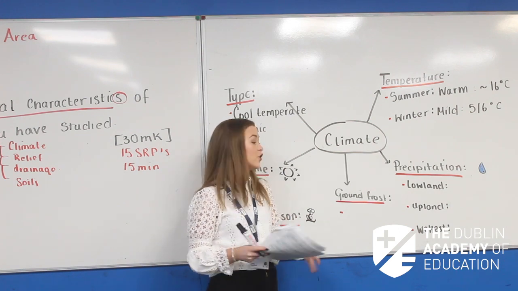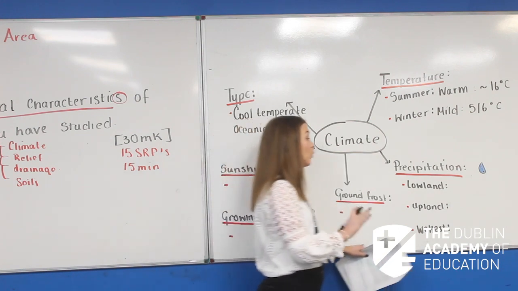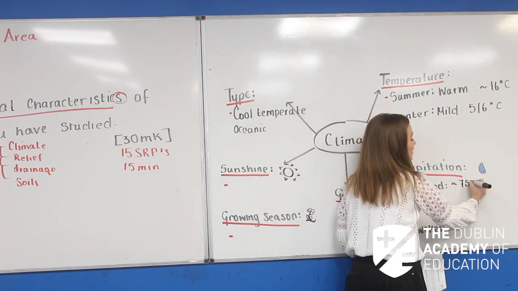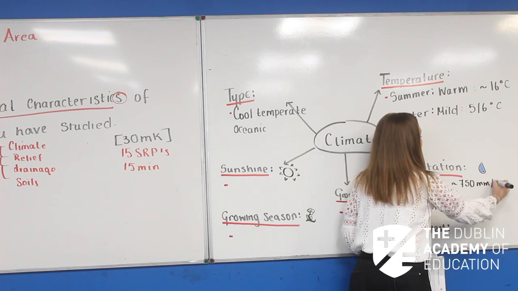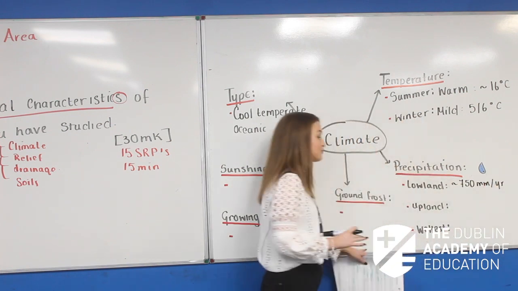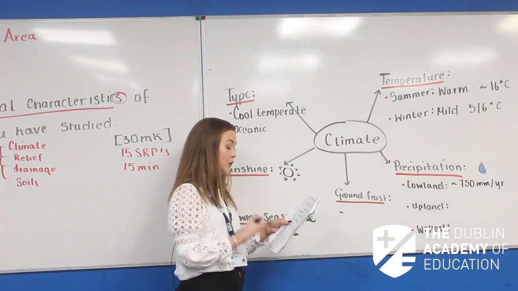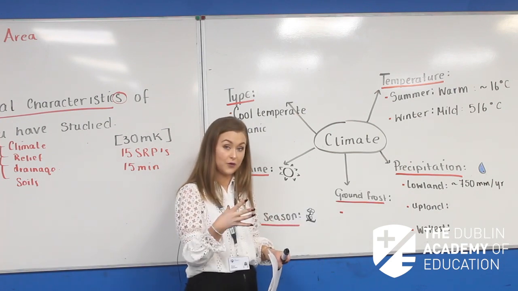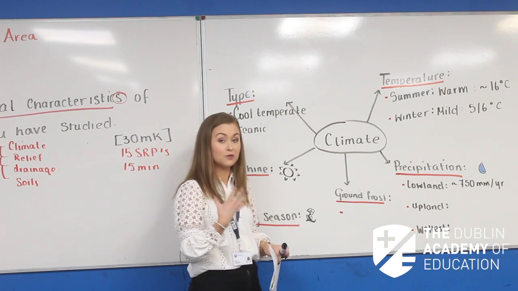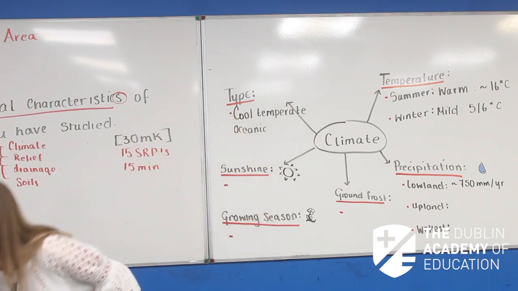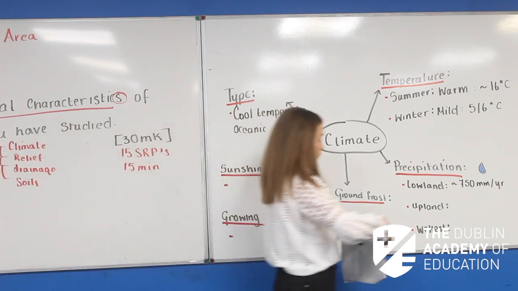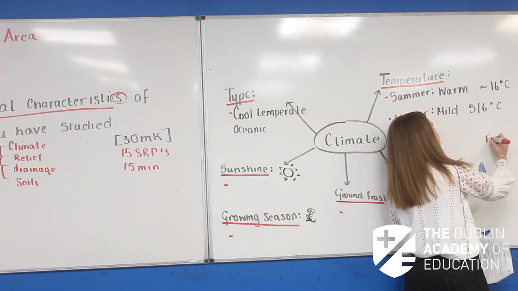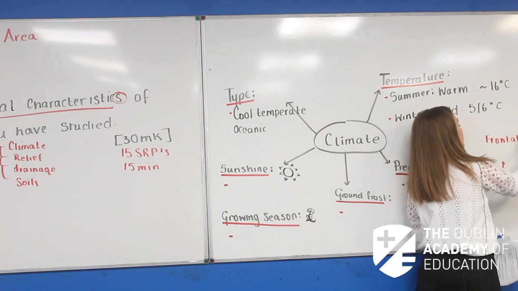So as you'll see in your notes, the average precipitation in the lowlands is approximately 750 millimeters per year, or annually. Now, what we do know is that it is mainly in the form of frontal rainfall. Okay, so our frontal rainfall. Now, just for a second, I'm going to pop this down on the side, just to explain it. So if we speak about frontal rainfall,